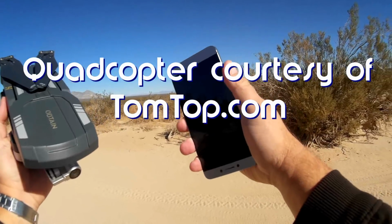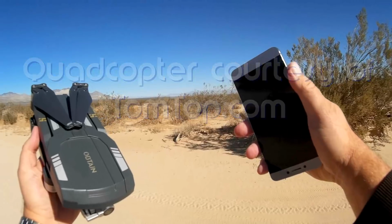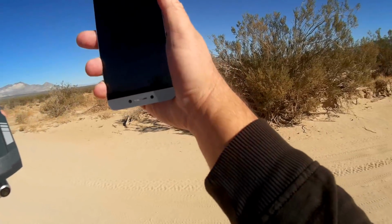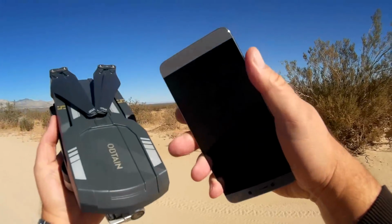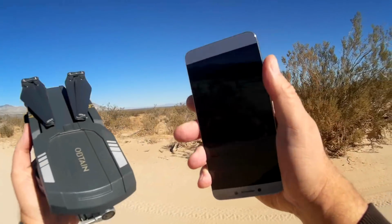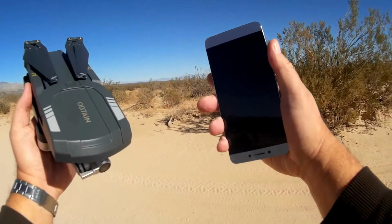I did a previous review that went over the features of this, how to set it up in detail, but what I had failed to do in that first review was demonstrate flying it with the app. This can also be flown with the app. And as I found out, if you fly it with the app, you get the additional features of selfie mode,